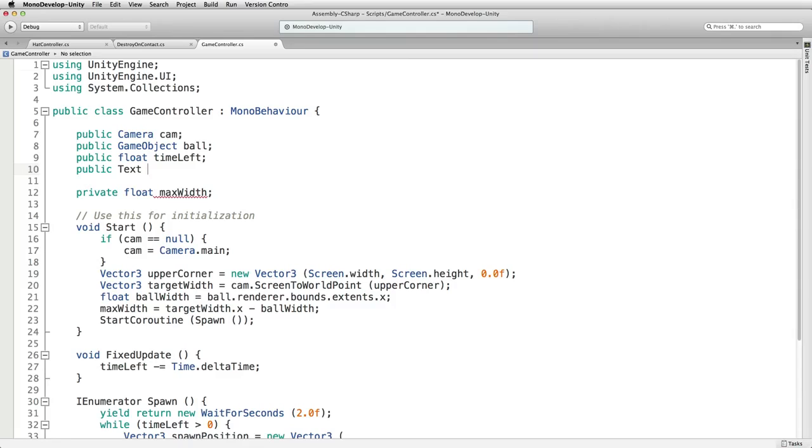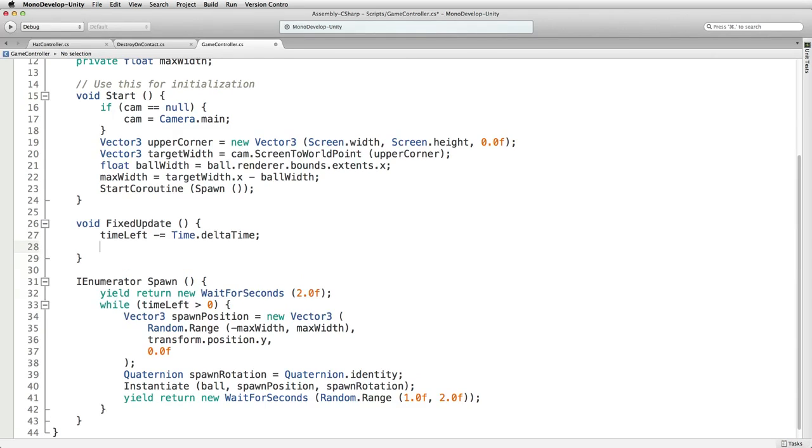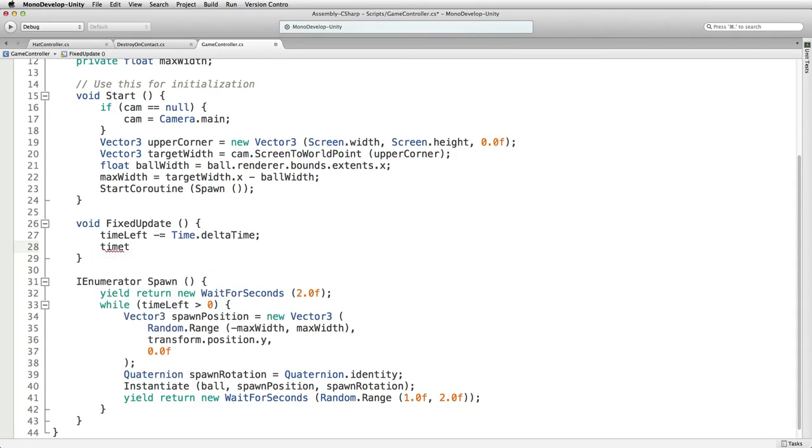So what are we going to call this type of text? Let's call it timerText. And in FixedUpdate, where we've said our timeLeft value is decremented by delta time, we need to take our timerText and make it equal to timeLeft